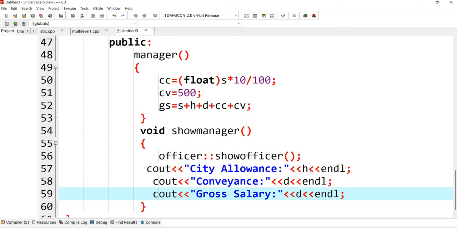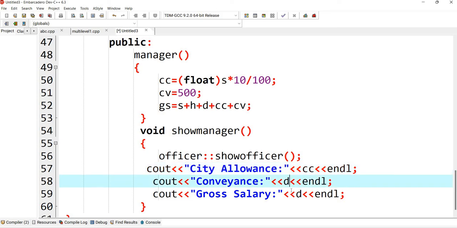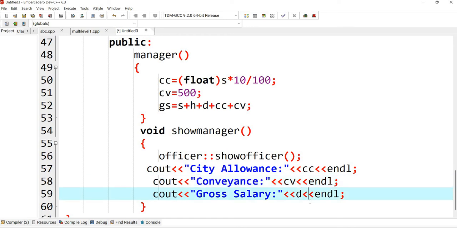Okay, CT allowances here, this is CC as a variable, right? Conveyance, this is CB, and this gross salary, this is GS.